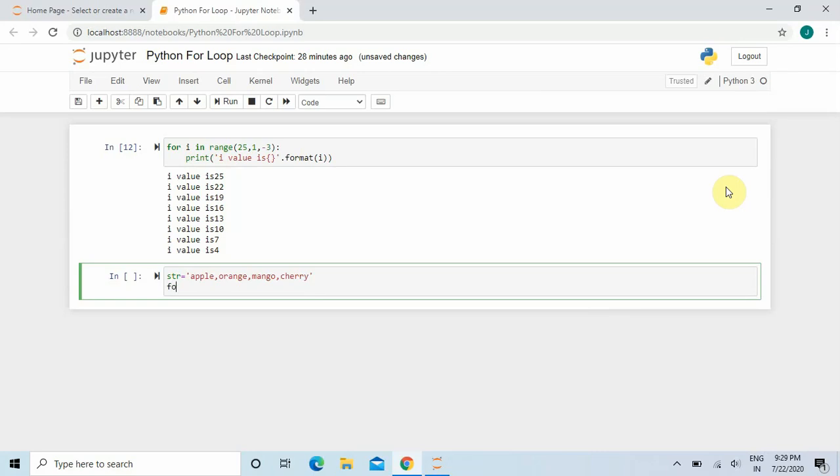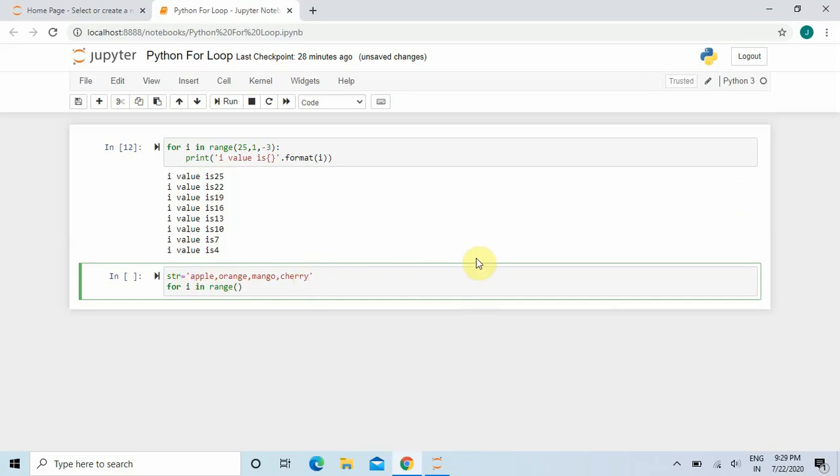What will I do? I will again write the for loop, for I in range. Now what will be my range? Now I have already told you that the first starting value of the string starts from 0 and it goes up to the length minus 1.